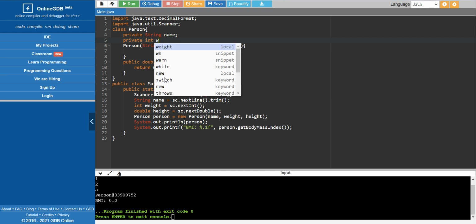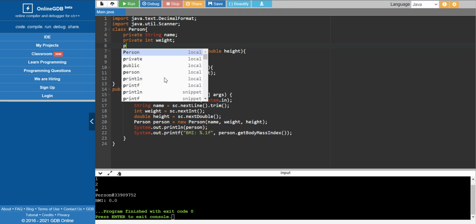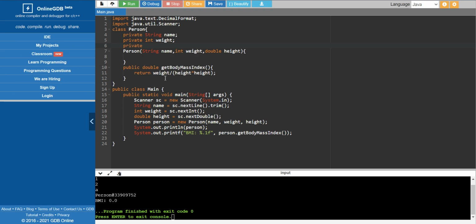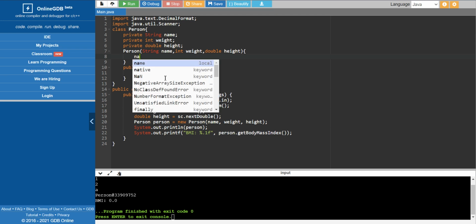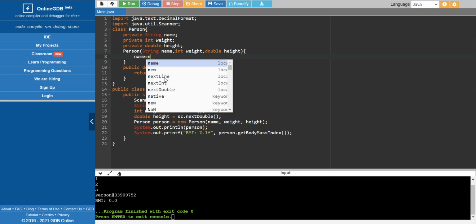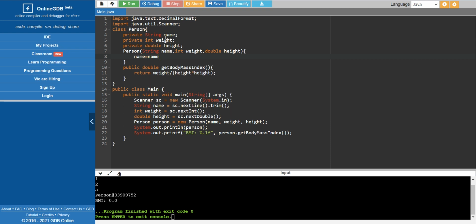Private int weight, it also doesn't have any value. This should be double, right? Private double height, and I'm assigning name equal to name. If I write this, it will assign this name to this name itself, but I need this name value to be assigned to this one, right?